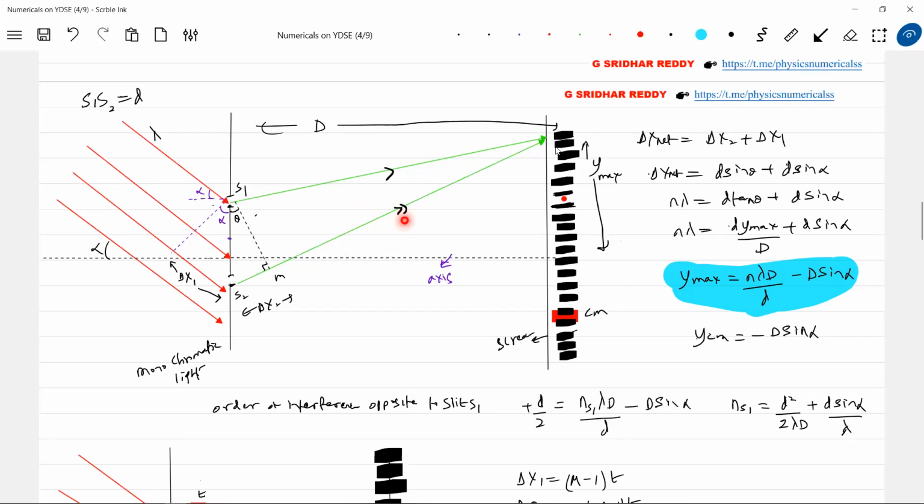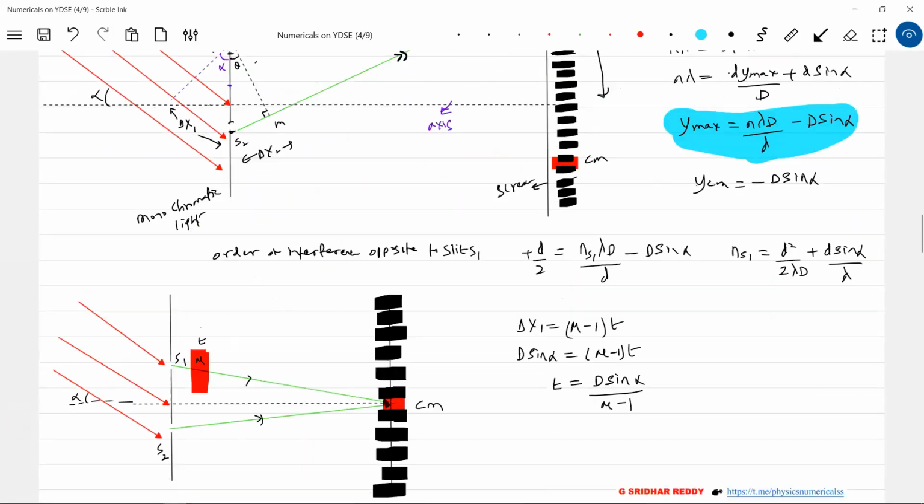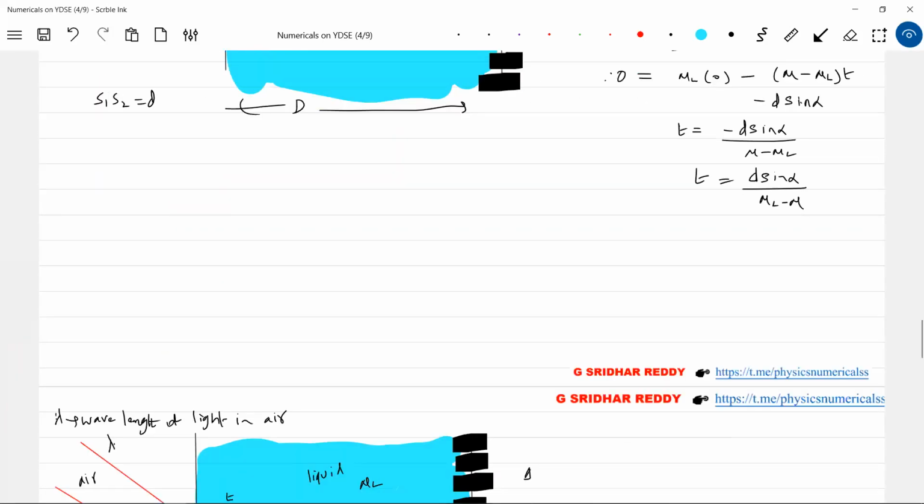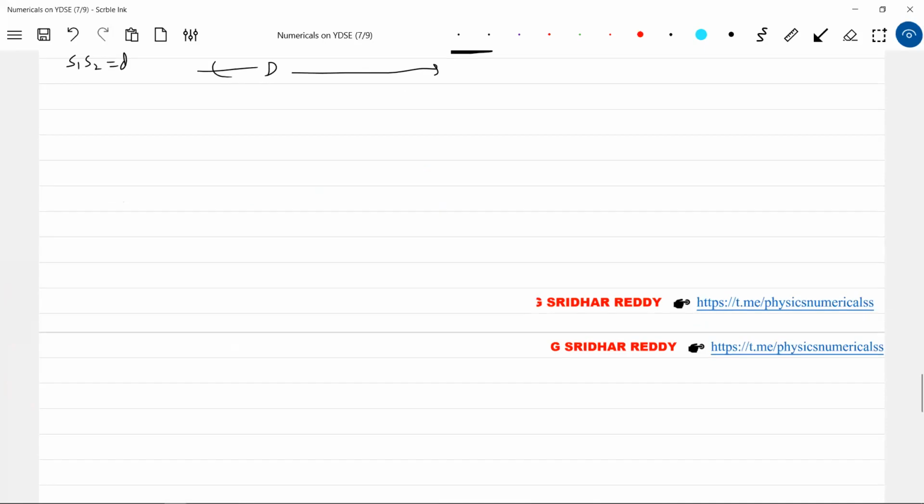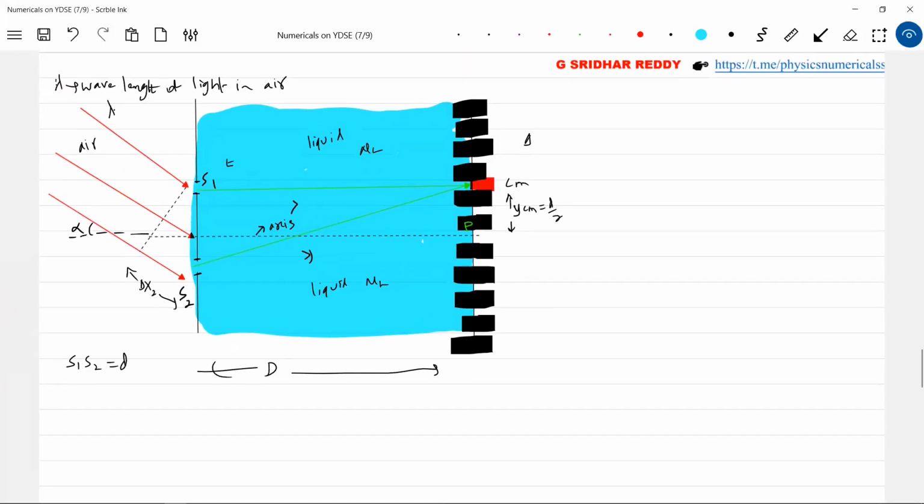And moreover, the liquid is there. So what is the condition? The whole pattern has to be shifted up such that the central maxima should lie here. This was the idea. Okay, got this. I think make observation. The same question is just being asked here. So now what is the strict condition? The pattern must be here. So definitely the slab has to be brought here.